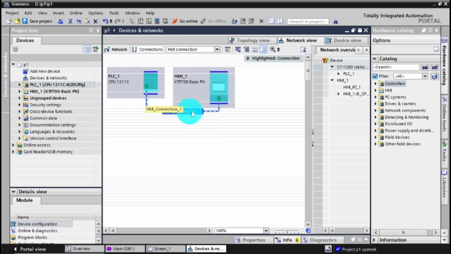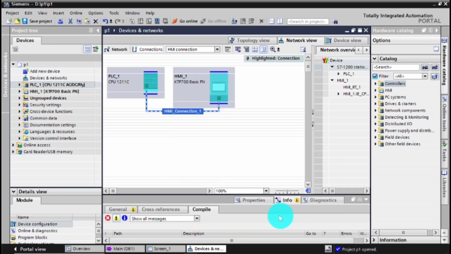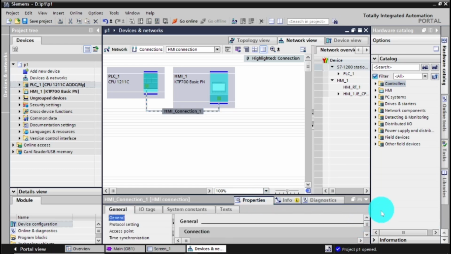Because remember, you've got the IP address of the PLC CPU, and then you have an IP address of the HMI, since we are using Ethernet communication, or I'll say Profinet communication protocol. Then I will show you here, go to properties, just to show you that now it's automatically given our HMI